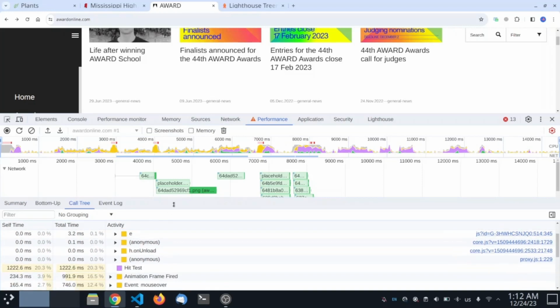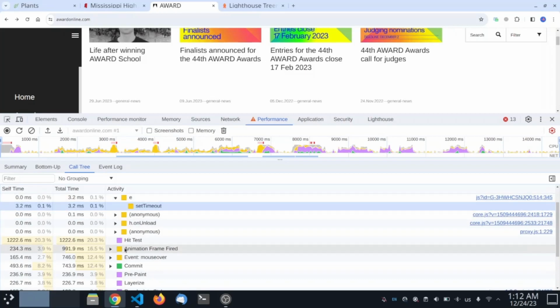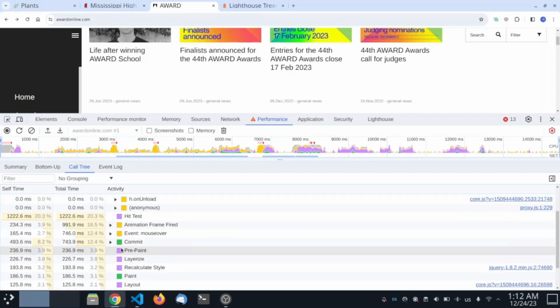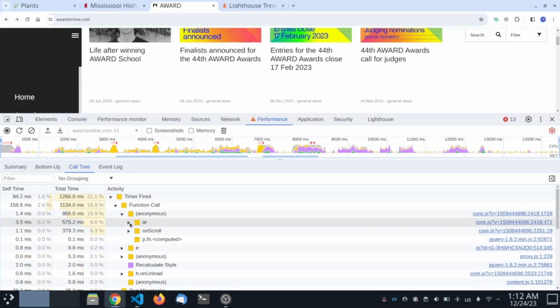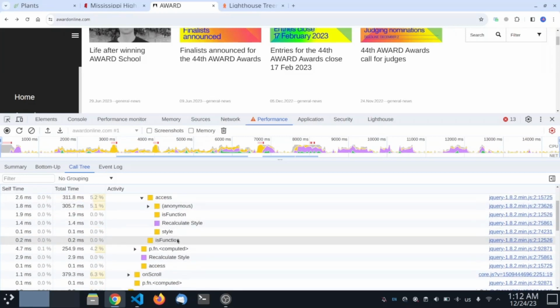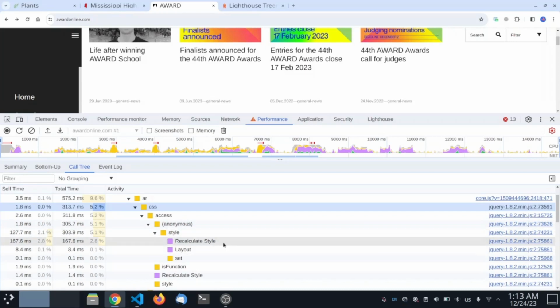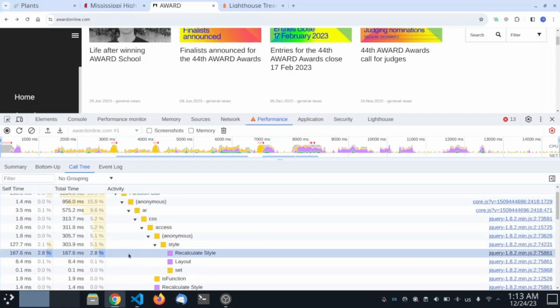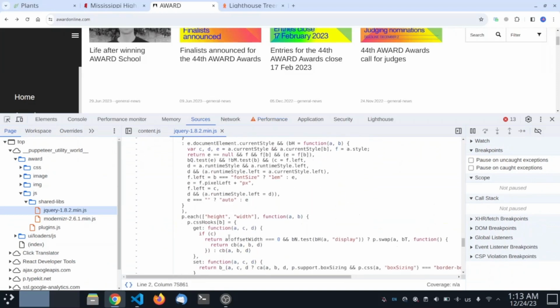We can see 1.3, 1.2 seconds. It's activity of timer fired. From E, it's set timeout in this function. Also, we can proceed to this function call, this function call, this function call, and CSS, access, anonymous style. It's from jQuery, and because of jQuery, it's a really slow site. And we can find that recalculation style is only because of jQuery, and we can proceed to this code and find that